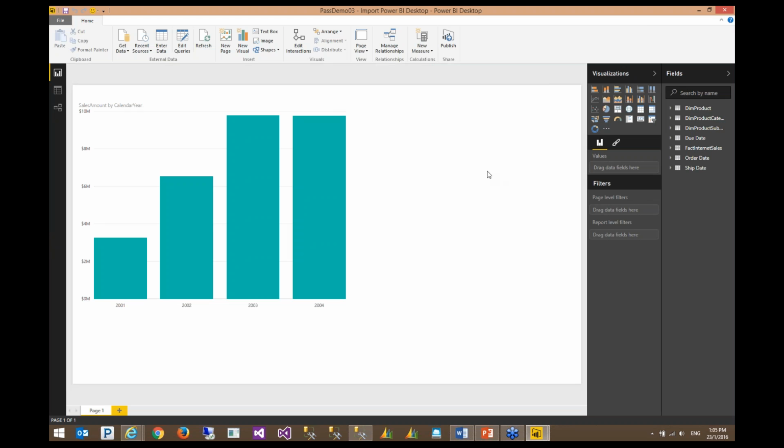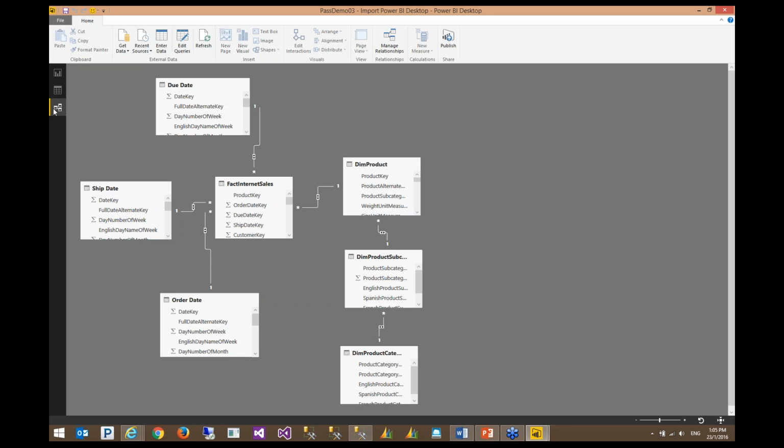Okay, as you can see, we have the same thing here. It is very interesting that Power BI Desktop can detect almost all of the relationships automatically on top of Azure SQL Data Warehouse. One of the relationships that it cannot detect is when you have a conformed dimension in your data warehouse, a conformed dimension like DimDate, like the date dimension. So as you can see, I have a due date, ship date, and order date.